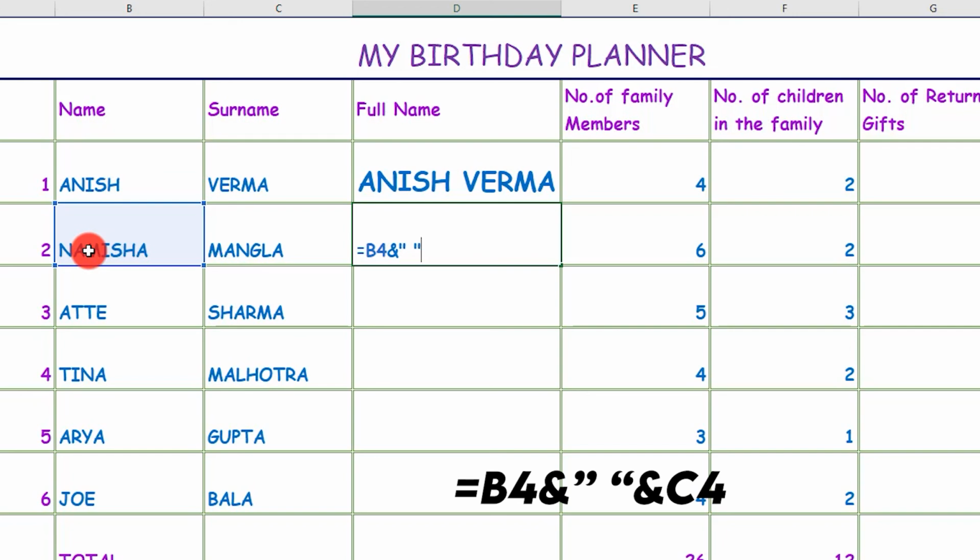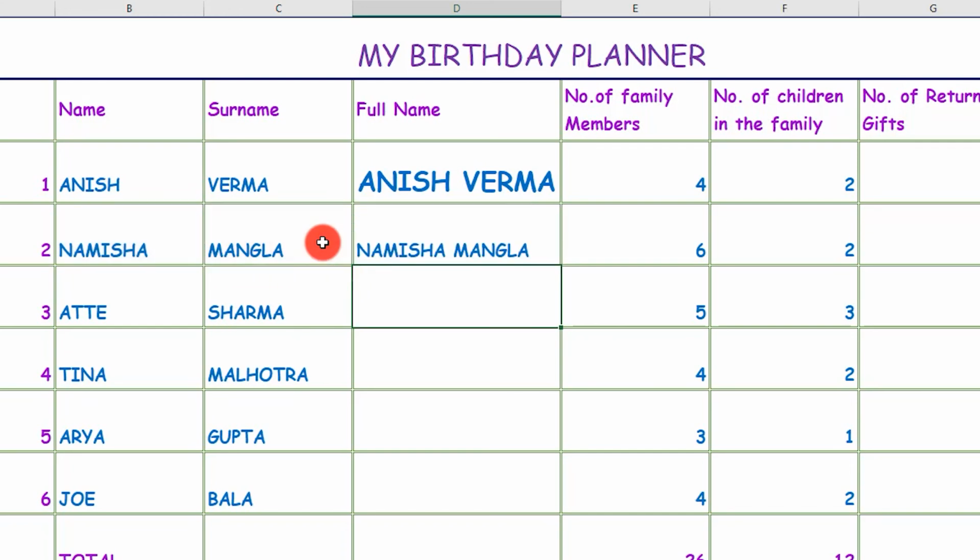Again we need an ampersand sign, because this and sign is used for joining. So first we took this name cell, we joined it with this space. Now I am again going to join this with the surname. So for joining I make use of shift and 7. Now I'm going to click on the surname, press enter. Here you get the next name joined together.